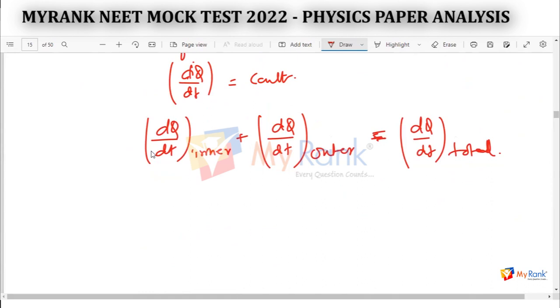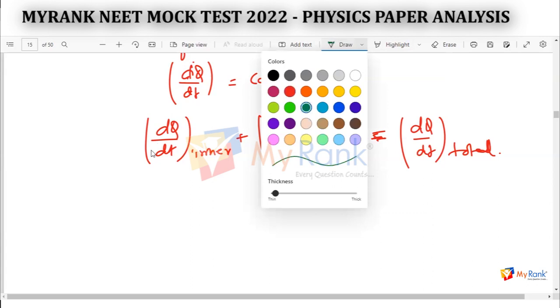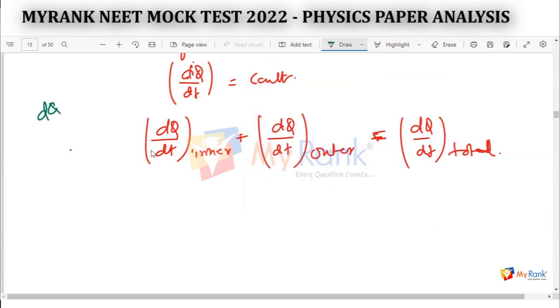Now dQ/dt, what formula do we have for rate of heat? Rate of heat, dQ/dt, is nothing but the formula for transmission of heat, that means K A dT by L. This is the formula. K is the coefficient of thermal conductivity. A is the area of cross section. dT is the temperature difference. L is the length for which heat is traveling. dt here is time, while this dT is temperature change, students. We remember. So if I'm writing for this inner and outer cells,